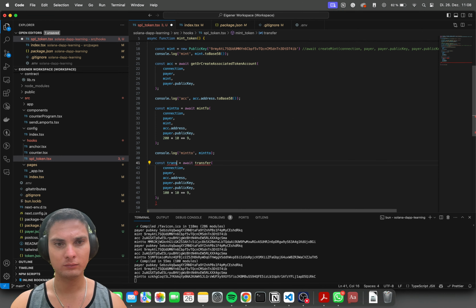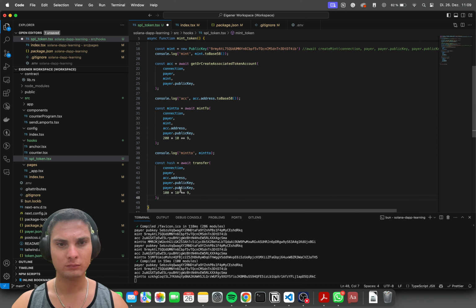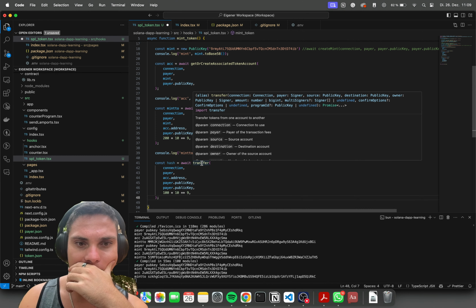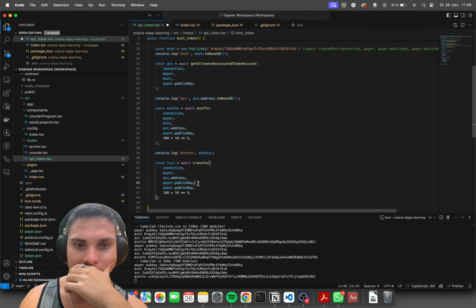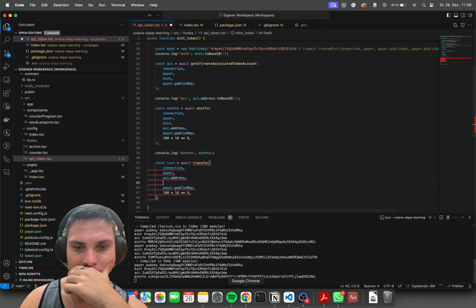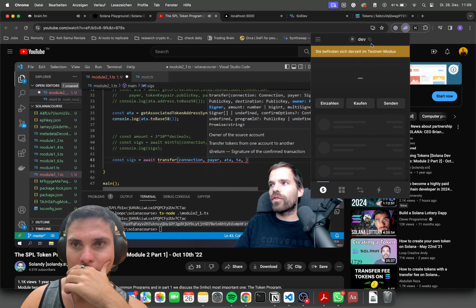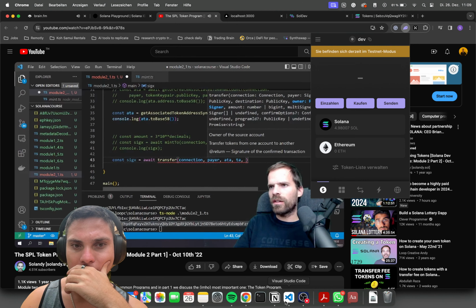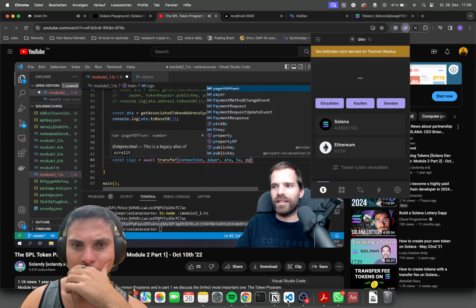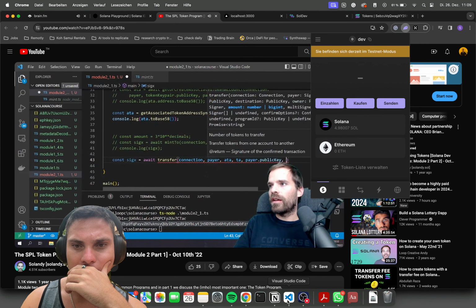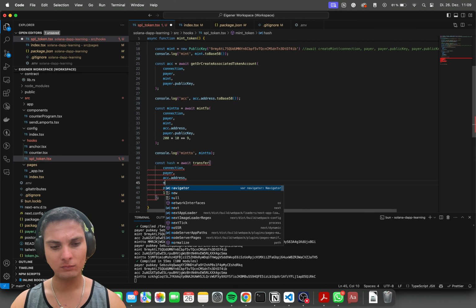I'm just gonna do that because we already created it, so let's do an ATA. And usually we would have a different receiver, but I'm lazy, so I'm not gonna do that. I'm gonna ignore that for a second and say our signature is now awaiting just a transfer from the token program, again with connection, payer, source is now our ATA, destination is now our token account, and of course the owner or signer, let's say it has to be the payer, I'm just being tired, and the amount, let's say